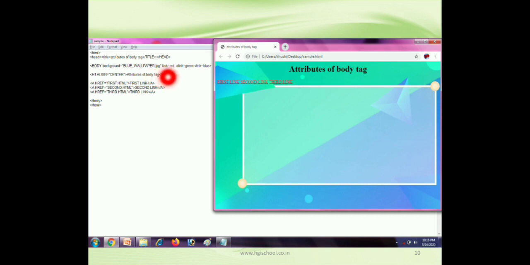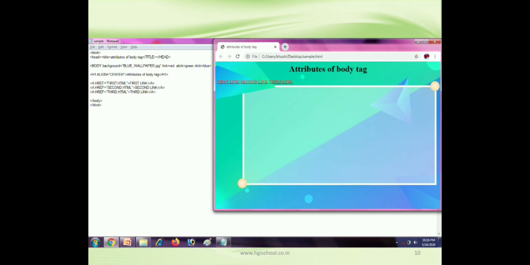Now link equals red. Here you can see I have inserted three links, first link, second link and third link, and the color of the link is red. Now a-link equals green. So when we click the link, this red link, its color will change to green.